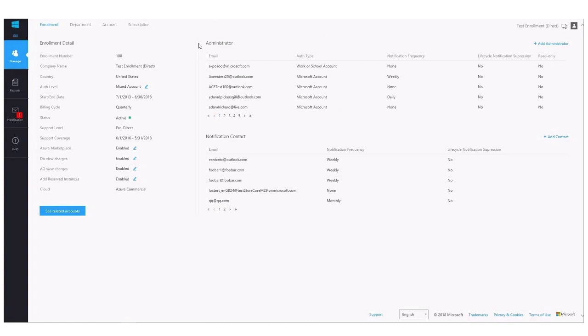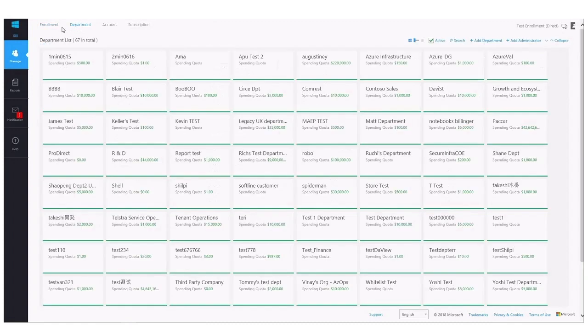Once you've added your enterprise administrators, you can now go on to configure your departments. Again, the departments are not a requirement, but they do have some benefit, really in terms of reporting and access. Adding departments allows you to group a set of accounts and subscriptions based on, let's say, the team, the unit, perhaps the organization, or the department of your company that they're actually supporting.